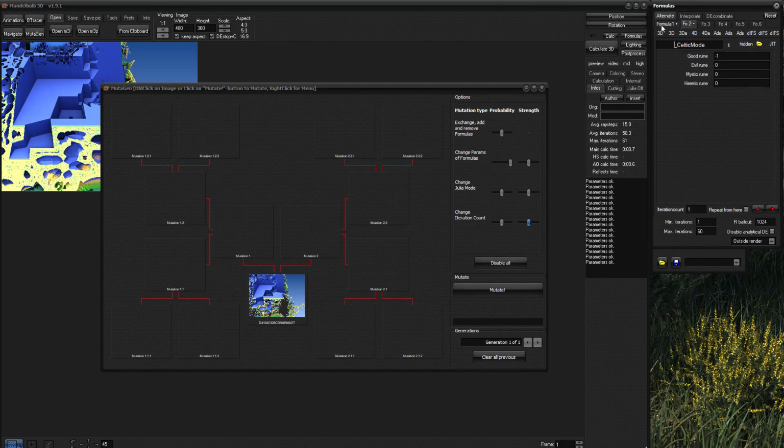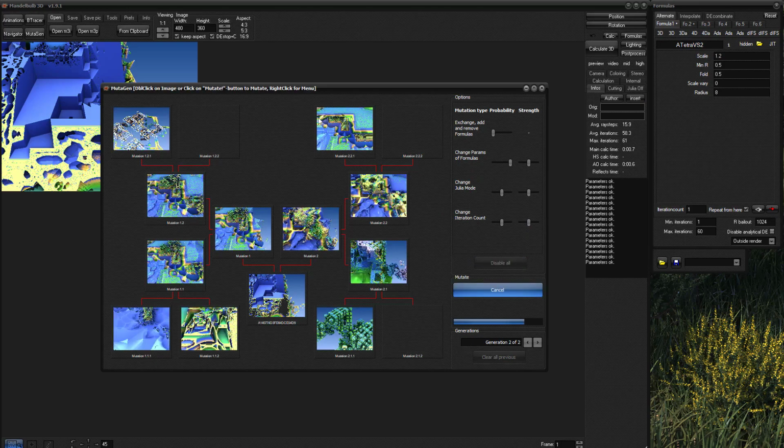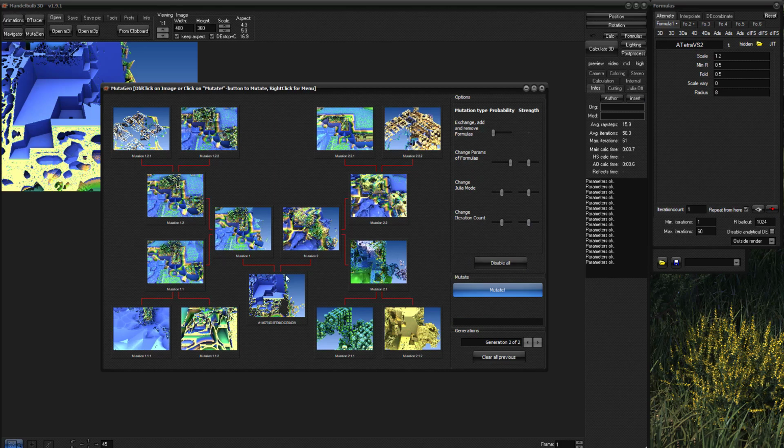So I will go this way, and I just want to change parameters. So it will change these parameters randomly everywhere and make a result. So click, and you see we've got different results every time. So we've got your starting point, this parameter here, but it changes the parameter, so it makes a new shape. From this shape, it changes the parameter again, so you've got that, and so on.